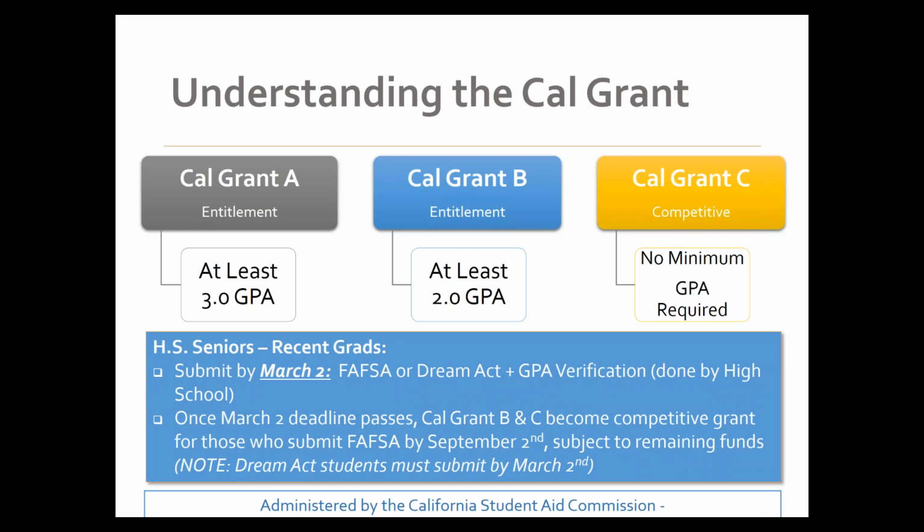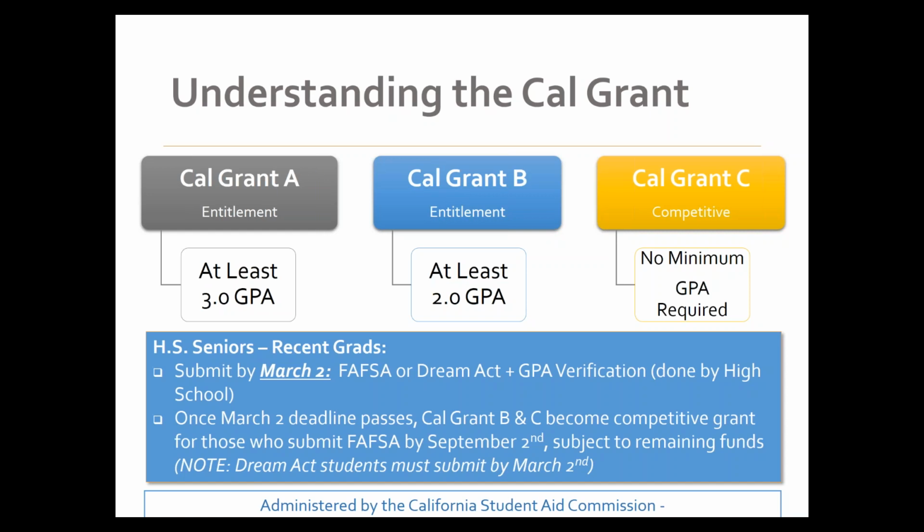So here's the Cal Grant. I'm going to discuss the Cal Grant A and B, and then Marisol is going to discuss C because that deals more with her institution, because it deals more with community colleges. So Cal Grant A and B are both entitlement grants, and again, these are California grants that are offered through